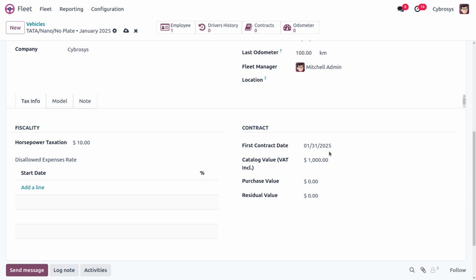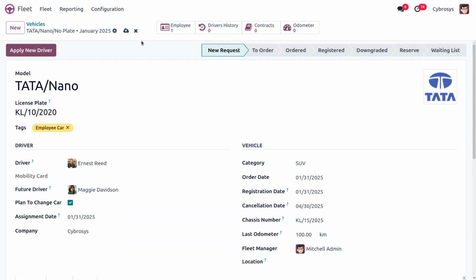And afterwards, we can also provide the first contract date, then the catalog value of the vehicle, the purchase value. So the catalog value, I'm going to set it as 2 lakh over here, and the purchase value is, yeah, 2 lakh 15 thousand. So you can provide accordingly. Afterwards, you can also provide the residual value over here. And once everything is done, you can save this, and you can also find the employee that is assigned as